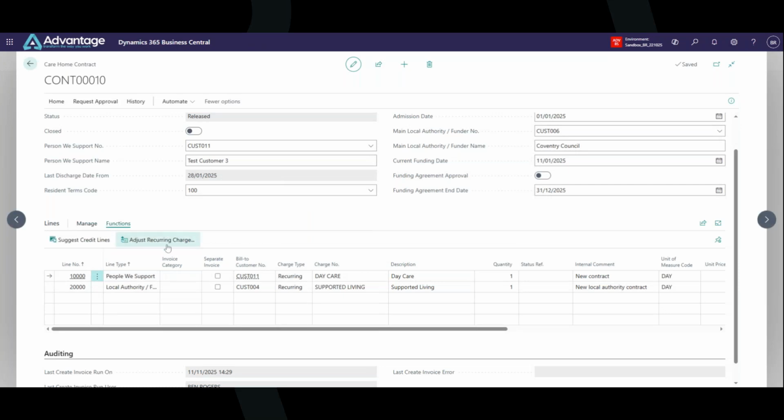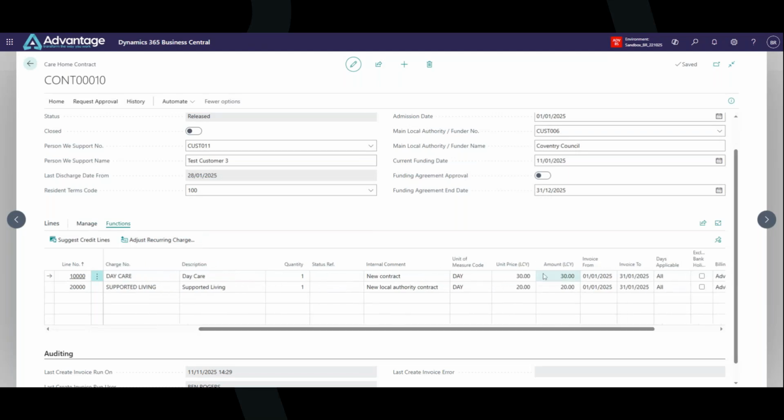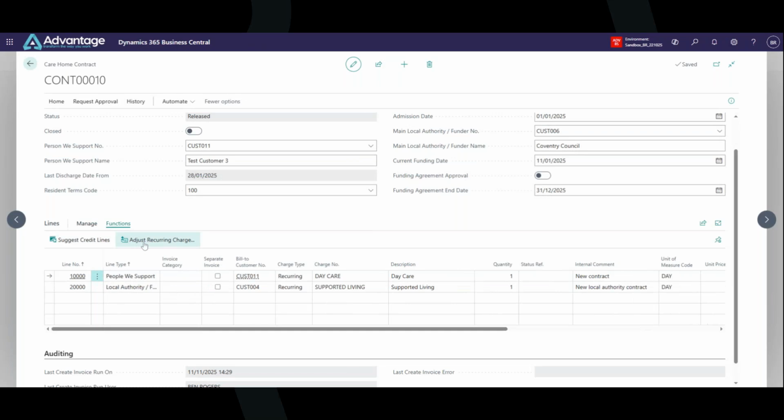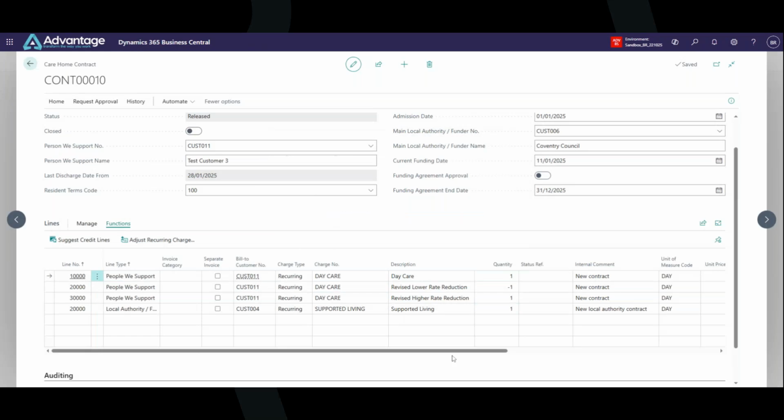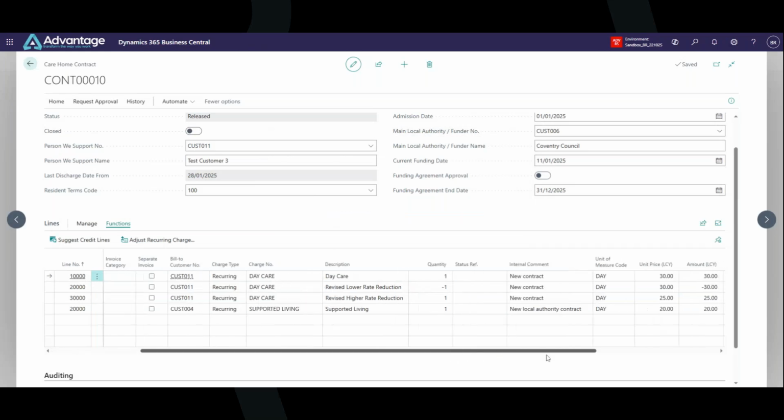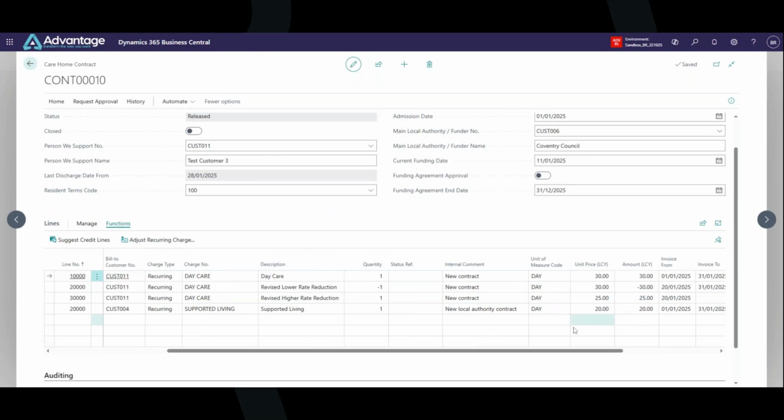So if I go to functions, adjust recurring charge. So this particular line, we've invoiced £30 to the resident or person in care. Now we find out it should have been less than that from a certain period in the month. So if we go to adjust recurring charge, the unit price should have been £25, let's say, from the 20th of January. So if I click OK now, what it will then do is put a credit line in, as